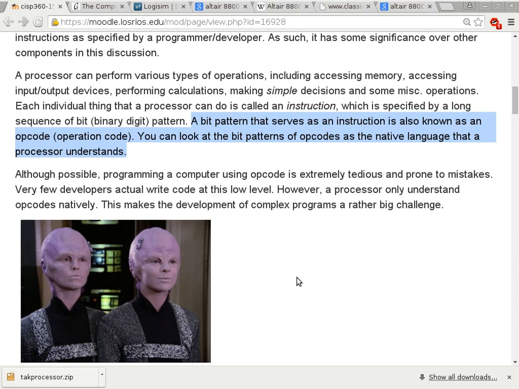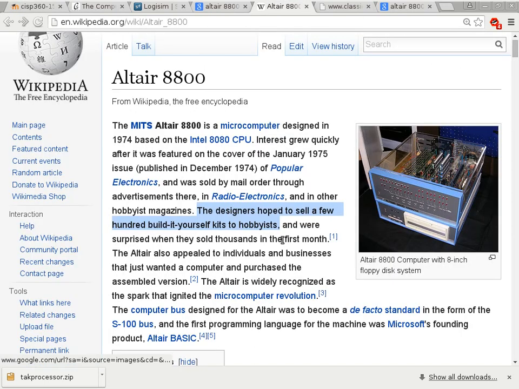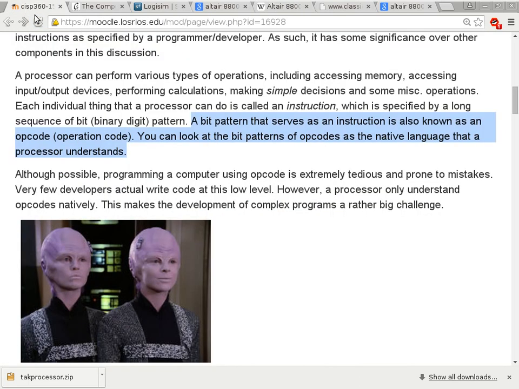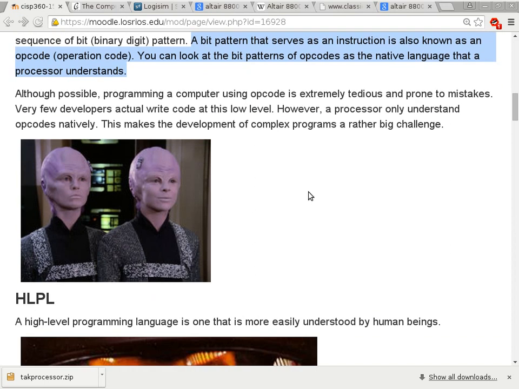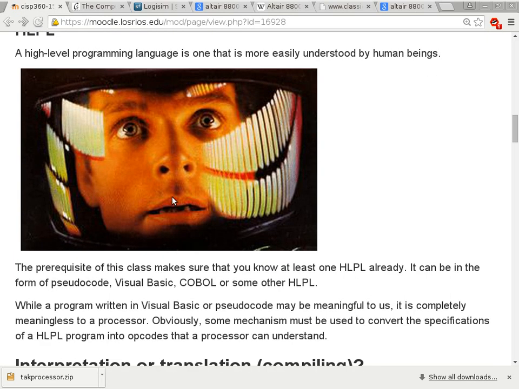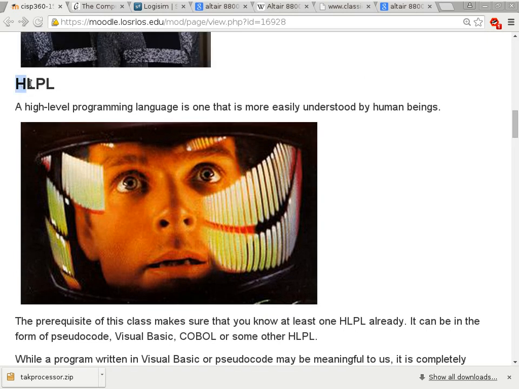Okay, so now we have a problem because we have the processor, which is this guy here, that can talk only in binary. The output is all in binary, the input is all in binary, the instructions are all in binary. And on the other hand, we have CISP 300, 301, where we talk about high-level programming constructs like loops and conditional statements. So a high-level programming language is intended for humans,